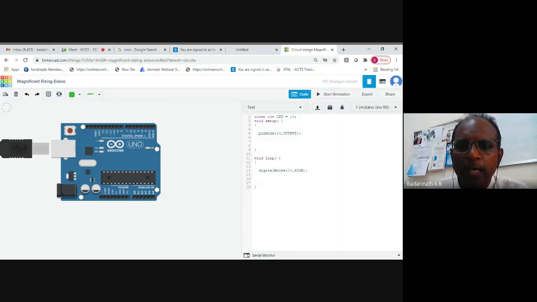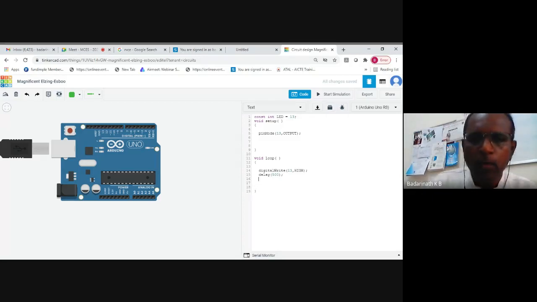So again, I'll add the code that is required. I'll make this LED go on and off, so I'll use the delay function. I will use some value for that. The delay function provided in Arduino has a particular way of working. The argument you pass indicates how many milliseconds it has to stall your program. It's a blocking call. In the sense, when you call this function, it will not return until it completes the 500 milliseconds. So if you want a 1 second delay, you have to write 1000.